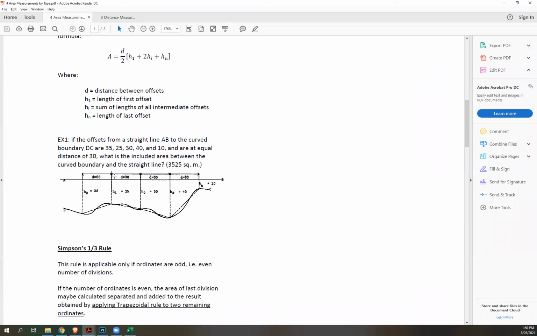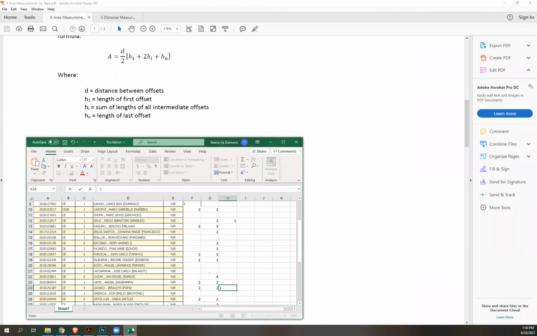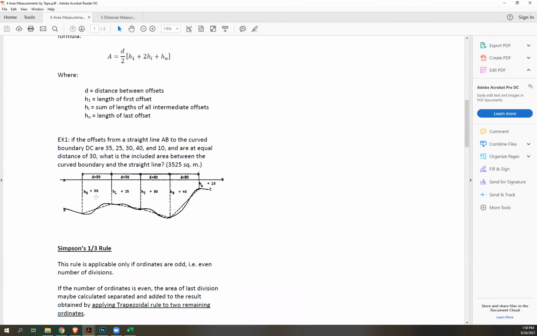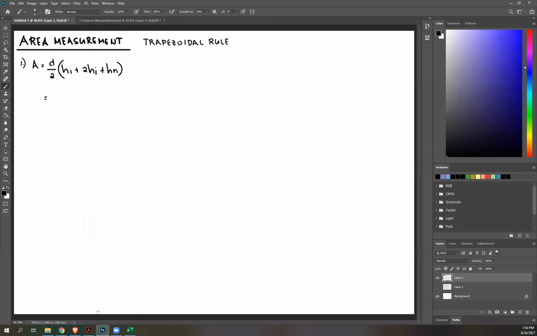Correct, 30. It's also given here. Correct, Gabriel and Zaira. If it's not given, the way to figure out what D is is the distance between the offsets, and it's given in the problem itself: equal distance of 30. So that would be 30